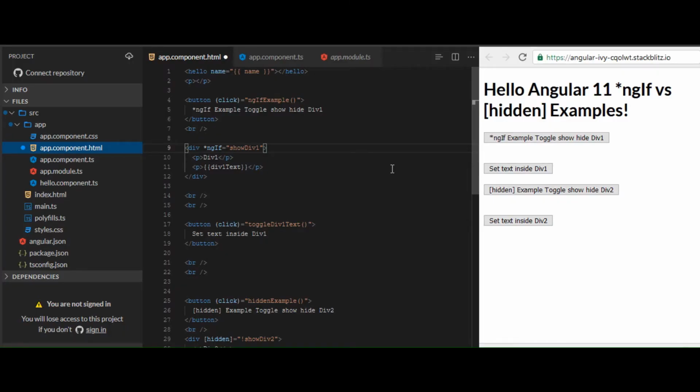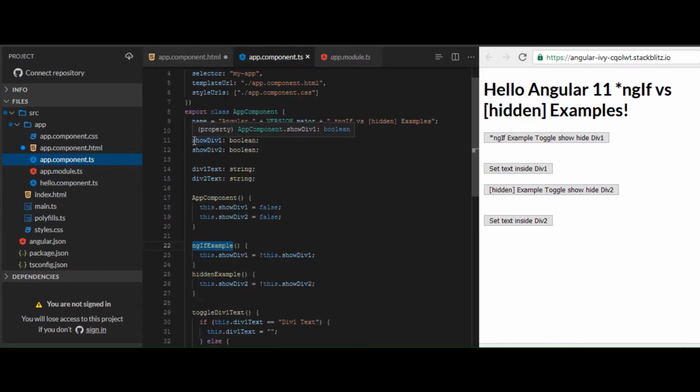As an example for ngIf, we are setting a button here in StackBlitz and a div here. A basic functionality is happening here. If I click on the button, an ngIf example method will get called, and inside that method we are going to change the value of show div accordingly. Here we are going to toggle it.